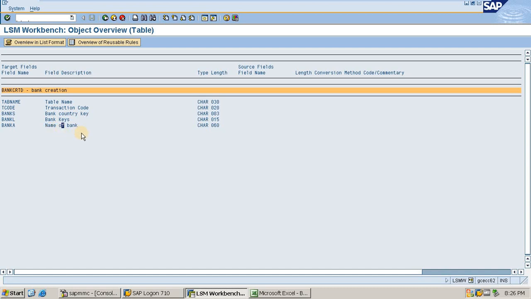So I have copied this section. I'll copy this section, and then I'll go to my Excel file.